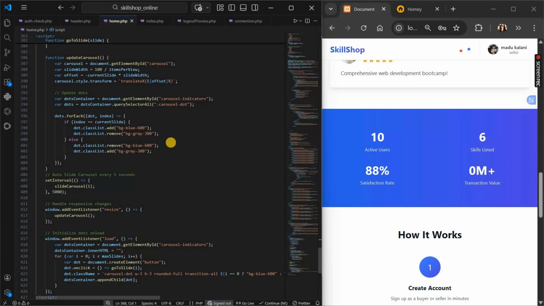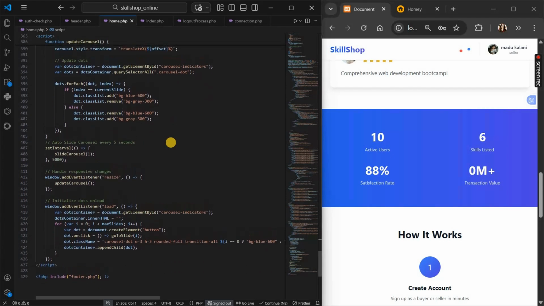This function doesn't just move the cards, it also updates the navigation dots. It loops through all the dots and changes the color of the active one to blue, so the user always knows where they are. We use setInterval to automatically move the slide every 5 seconds, keeping the home page